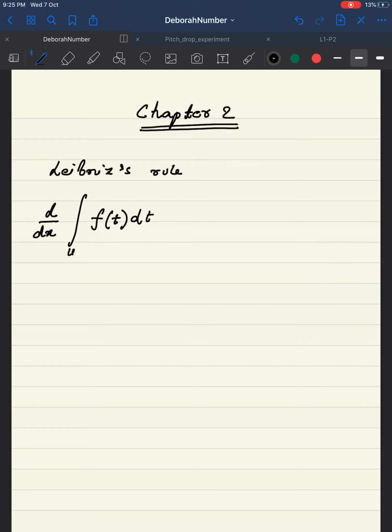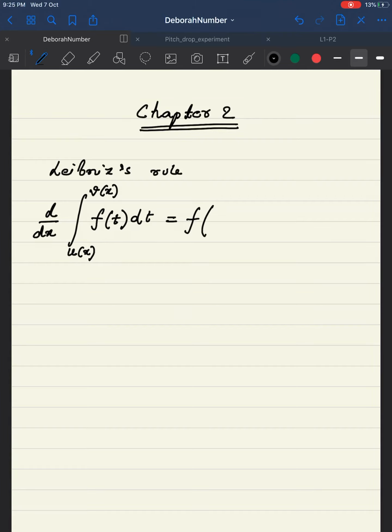Well, that's because the upper and the lower limits are variables now, and the question is, how do you evaluate that? The answer to this is that this can be evaluated as